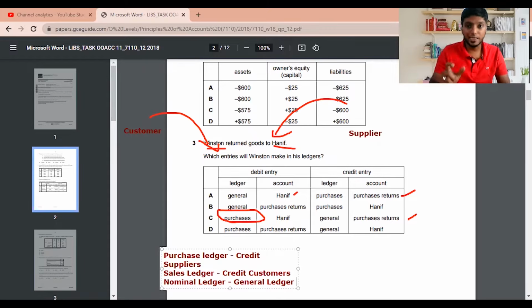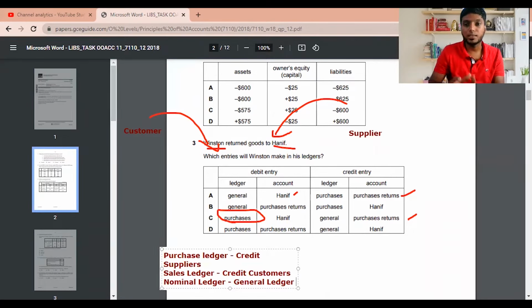Now there's a confusion between the students. Sir, is sales account and purchase account both the same? I say for them one particular thing. Sales account is a sale account. Don't confuse it with the sales ledger account. Sales ledger account is speaking about the credit customers, not the sales account. Sales account is an income account. So sales account is a nominal ledger. You need to understand that particularly.